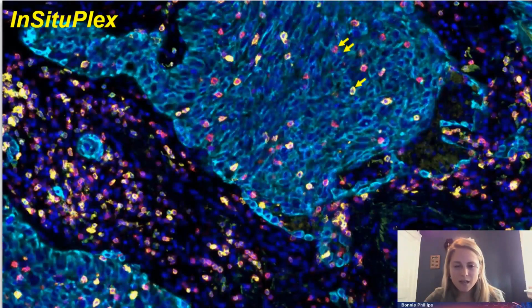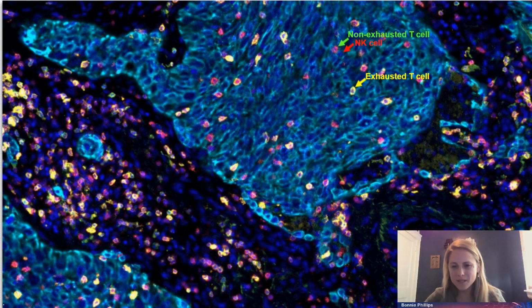So next, I'm going to switch over to the fluorescent InSituPlex image. Now this is the same exact slide, same exact region of interest. And in the upper right-hand corner, we can even see these 3 cells. So here we had stained with the T-cell activation kit. Oh, sorry, this is the PD-1 kit. With the PD-1 kit,